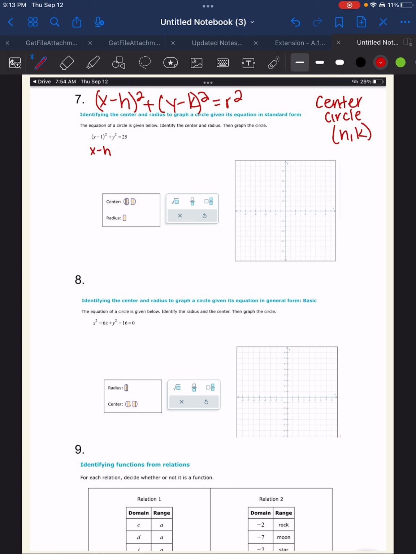So x minus h squared, that makes sense so far. However, we have this y squared. My question to you guys in class was, how can I change that y squared to now look like y minus something squared, and for it to be equal to each other? In class, someone mentioned y minus 1 squared, but that's still going to give me y minus 1 squared. That doesn't help me. I need y squared. So someone else said y minus 0 squared. Well, y minus 0 is equivalent to y,